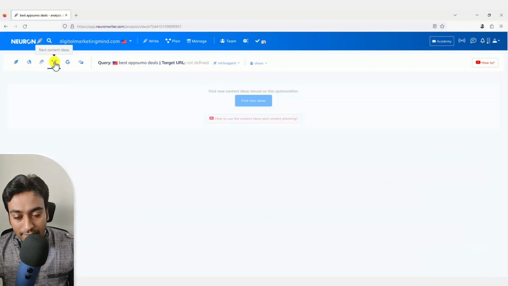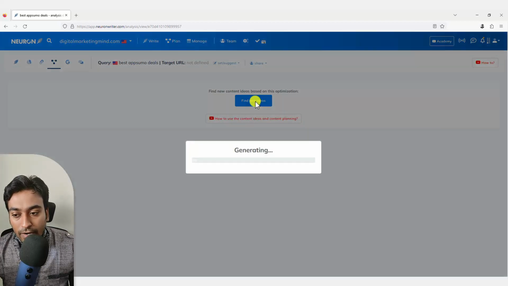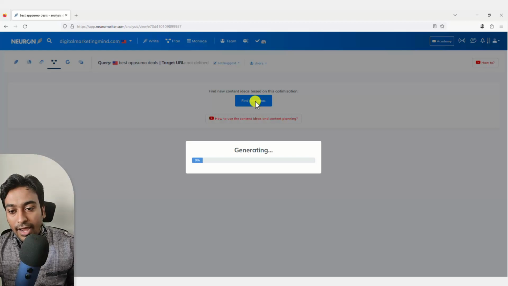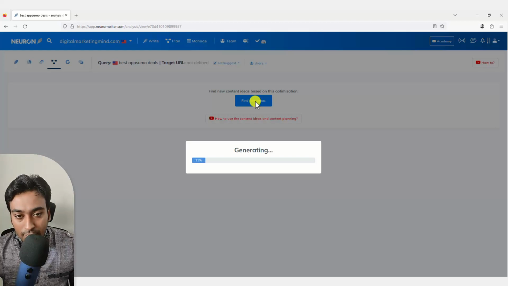The next one is content ideas. This is a similar idea, using Search Console. When you click on find new ideas, it will find data from that and its own sources to give you suggestions on additional ideas for content. Let me wait for it to finish.